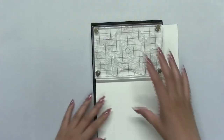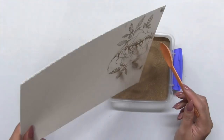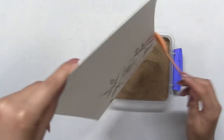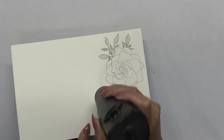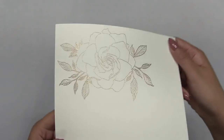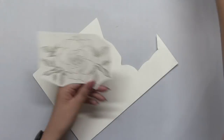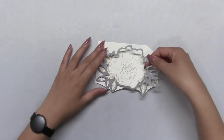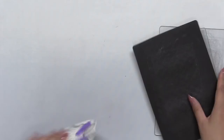And I'm also using my Martha Stewart stamp press or platform to stamp this large stamp onto my full-size watercolor paper. Now the reason why I'm not using a MISTI is because I didn't feel like dragging out my 12 by 12 MISTI, and to stamp this large watercolor paper without trimming it down beforehand, I had to use kind of a standalone platform. After I gold heat embossed this image, I just used a coordinating die to die cut